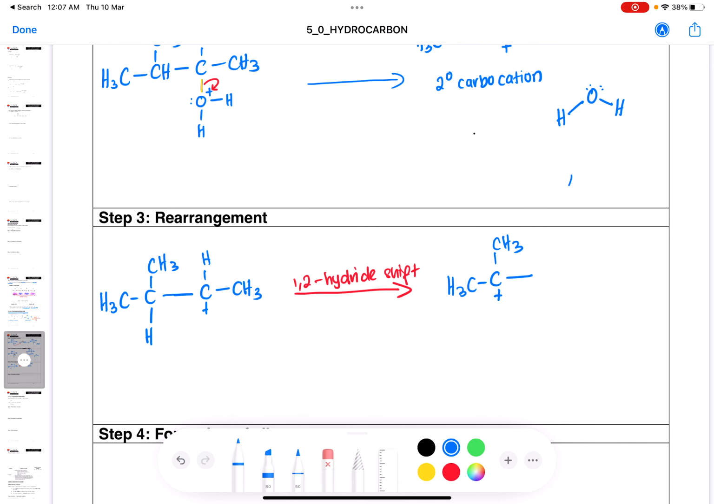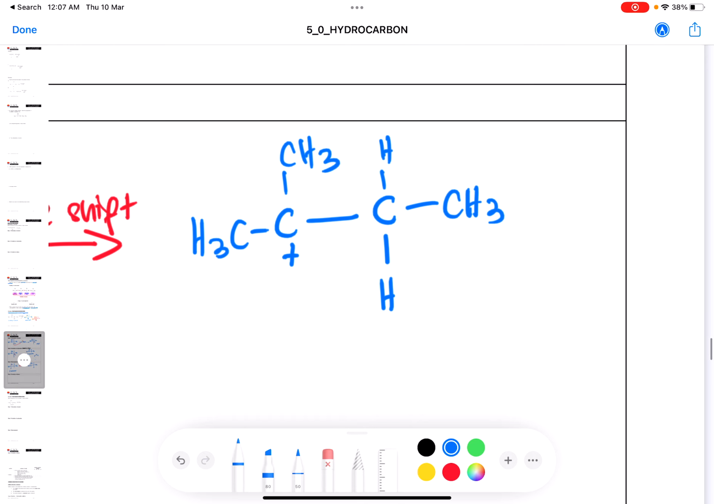Here is the positive and here is the H. So hydride is referring to hydrogen. So they are likely to shift place. Now this was your secondary carbocation. Can you classify this carbocation? Yes, now the answer is tertiary